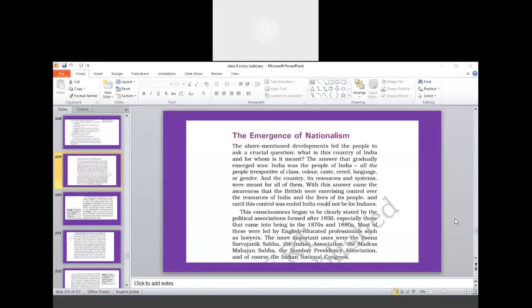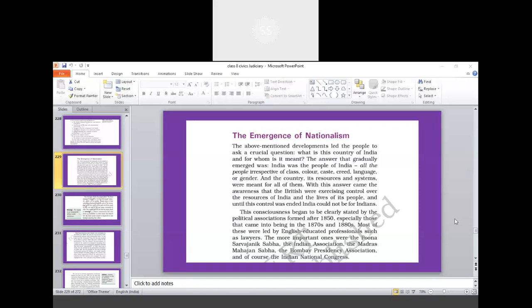Battle of Plassey, Battle of Buxar, Anglo-Mysore Wars, Anglo-Maratha Wars, then claim to paramountcy, that is doctrine of lapse, subsidiary alliance system. So by implementing several policies or by waging several wars, the British East India Company defeated and controlled the entire nation. When the British East India Company controlled the entire nation, the enemy became a common enemy, that is the British. Okay. So because of that reason, the concept of